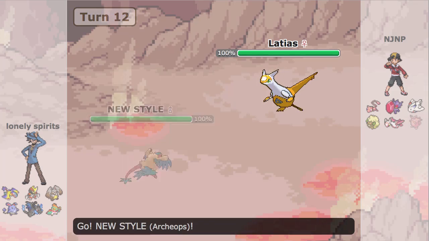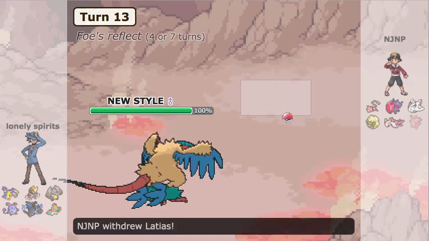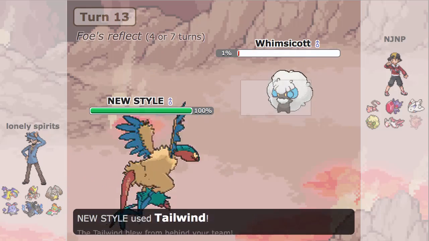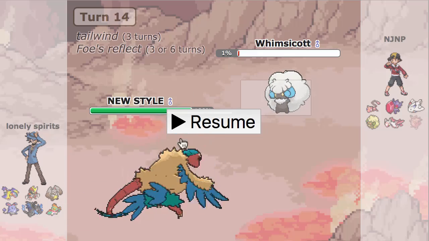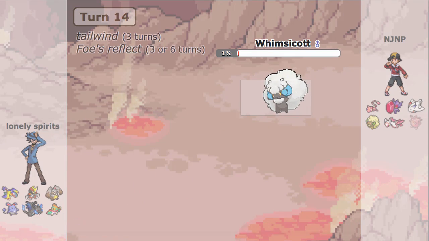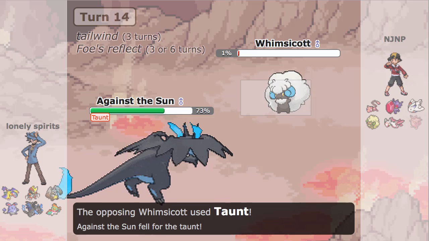But he goes into his Latias here, and I'm really not sure what it wants to do. So I go into my Archeops, as he just goes for the Reflect. Right here, I go for the Tailwind. I'm really hesitant to go for Rocks or Taunt. Not sure what he wants to do, and this also helps me counteract Whimsicott's own Tailwind. And I'm really hesitant about killing this Whimsicott so early, so he just goes for the Taunt right here,